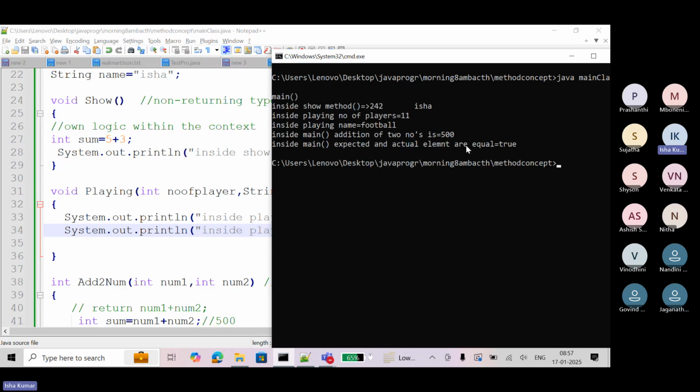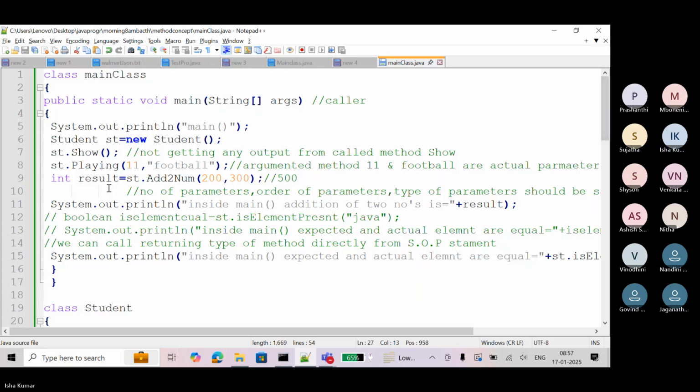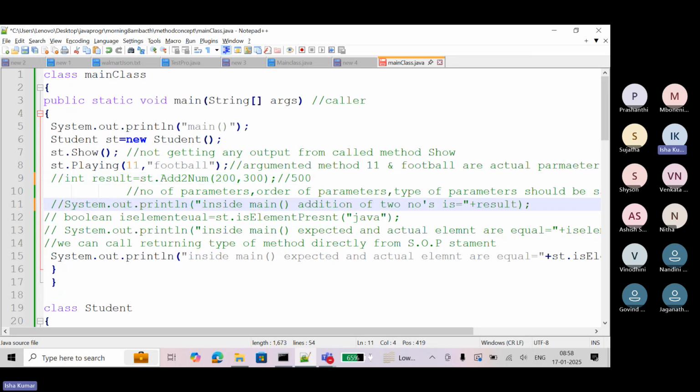So see here, I got the same result. Can you see that? Even for adding two numbers, you can do the same thing. Instead of writing these two lines of code, this one and this one, simply you can write this line. Now you can run this program and see the output.